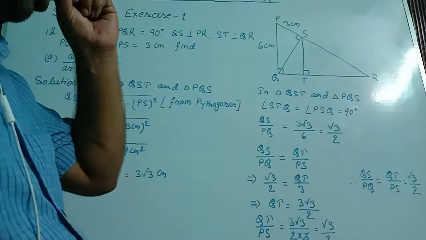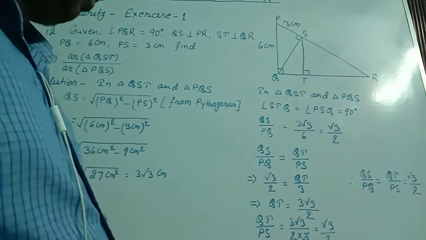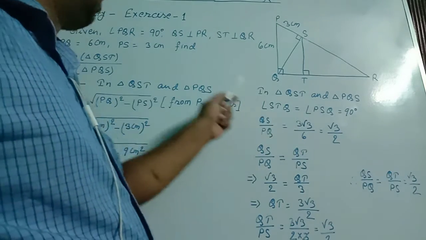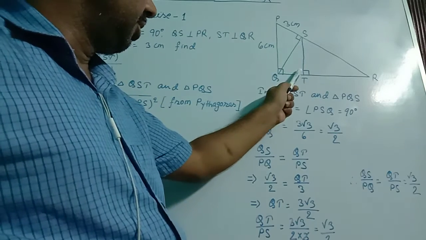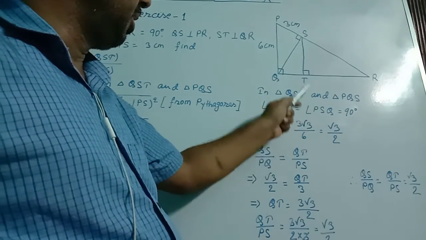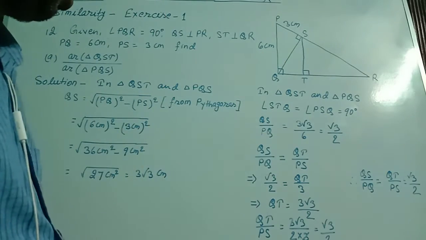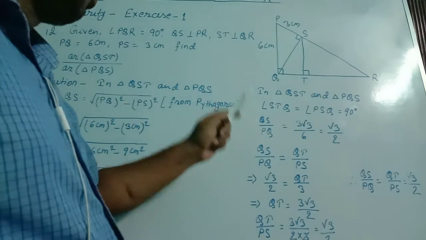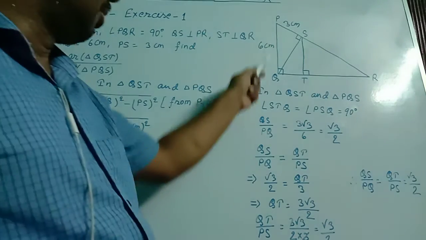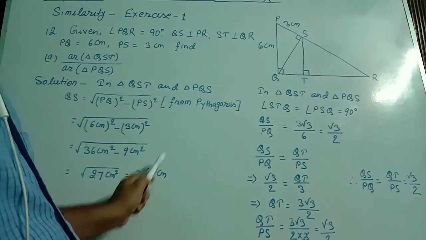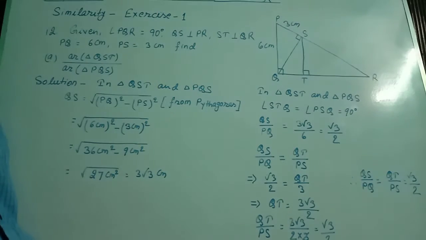And in this, the criterion of similarity is also a little different. First of all, I wrote the given information: angle STQ is 90 degrees and angle PSQ is 90 degrees, so these are equal, 90 degrees. Then I found the ratio of QS by PQ. QS, whose value I have got here, by PQ means 3 root 3 by 6. I got the simplified form as root 3 by 2. Then